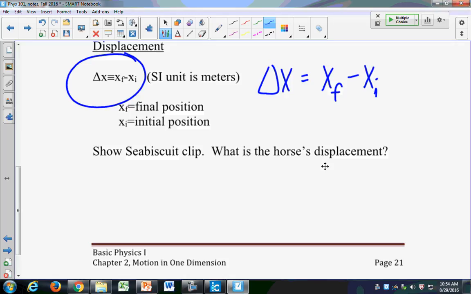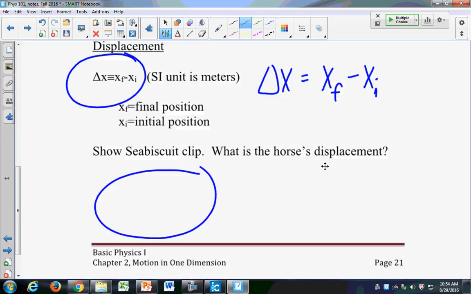Seabiscuit in this particular clip. It's 0, right? Remember, going back to our displacement, it is not a distance that's traveled. Seabiscuit has actually traveled about a mile, right? I think those tracks are a mile in circumference. But if you start at one point and then you come all the way back around, then that gives you